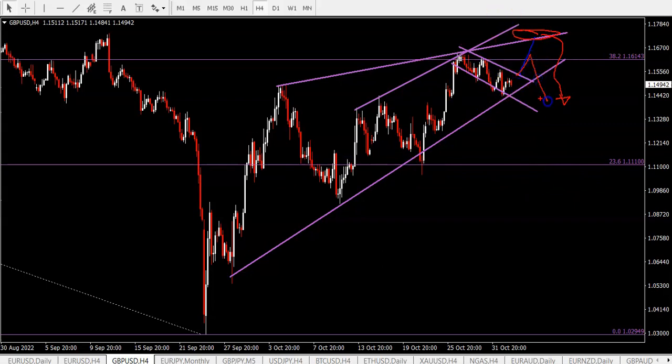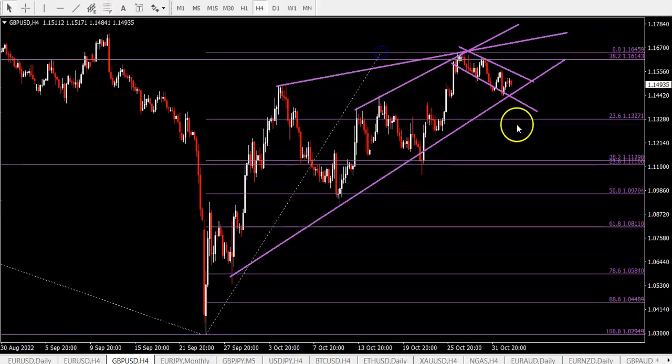But I don't think this bull flag will break to the upside. If it does, it could be easy. Also, it could be a false break. I anticipate more of a downward break in my view. And if we put a fib from here to here, we can see that it could break down to the 23, maybe make a flag and fall to the 38 as a wave A, then make a move up, wave B, and then make the fall down to wave C.